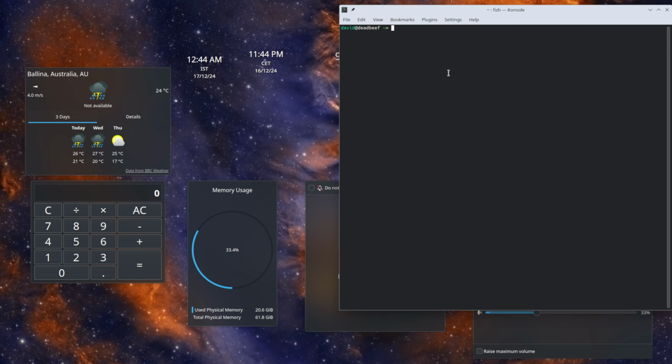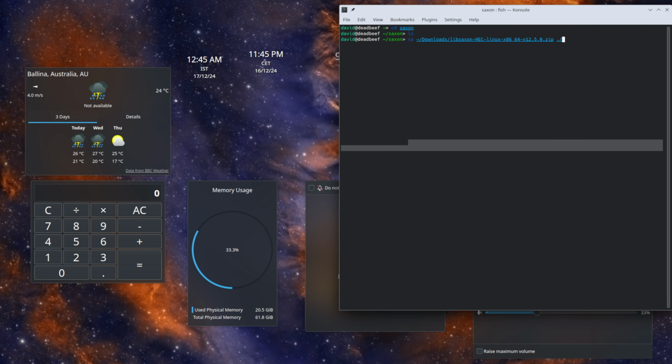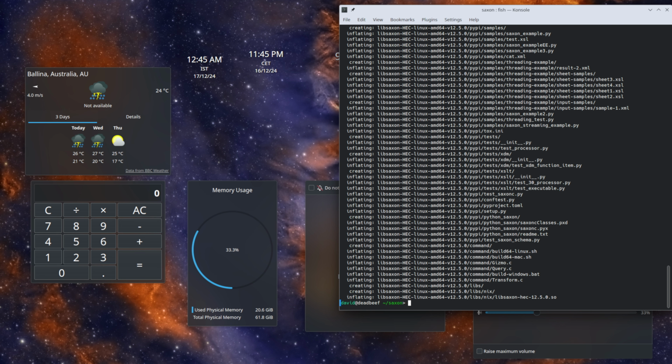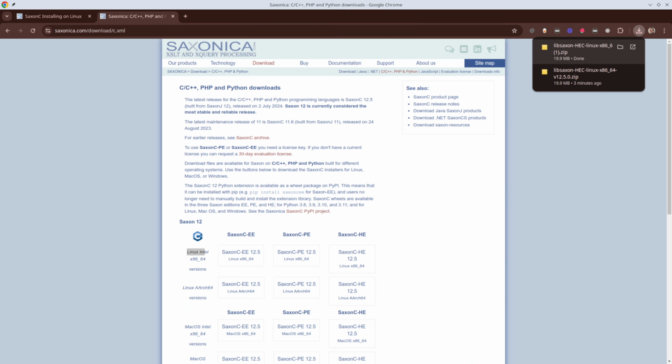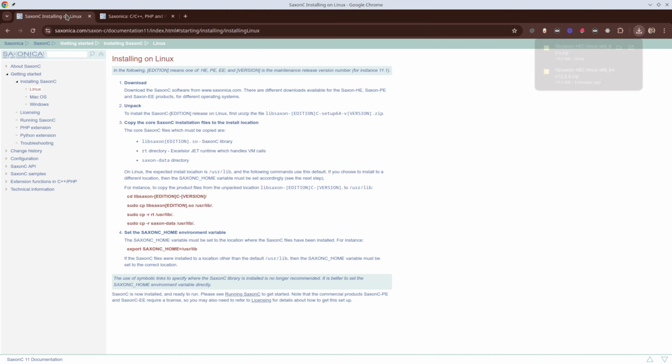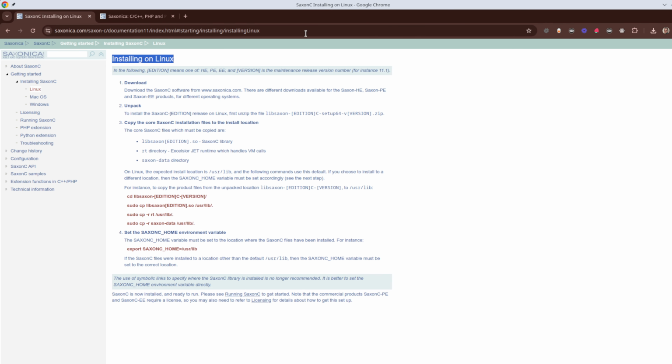Then what we'll do is we'll head into the directory where we've got this, and let's copy that file across. And now we can just unzip. So if we head back into those, they've got a nice section here on installing as well. And if we step through the process,